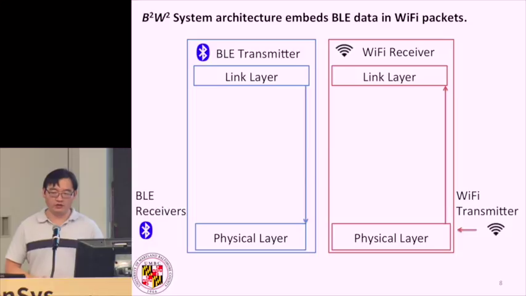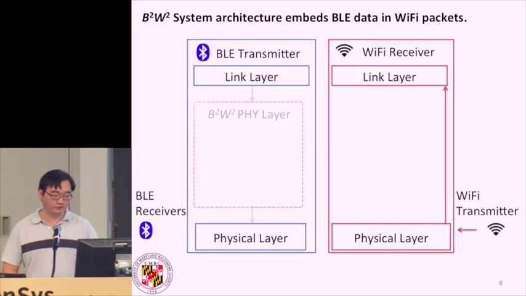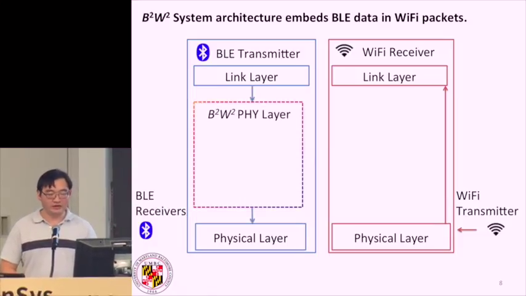This is a traditional, the last two OSI layers. The traditional link layer, which produces the bits. The bits get passed to the physical layer. The physical layer takes those bits and transitions them to an analog signal that gets up-converted to your right frequency. What we did, or propose to do, is we want to add in our own physical layer. This is the cross-technology communication physical layer. In this, we embed information from Bluetooth and transmit it to Wi-Fi devices.